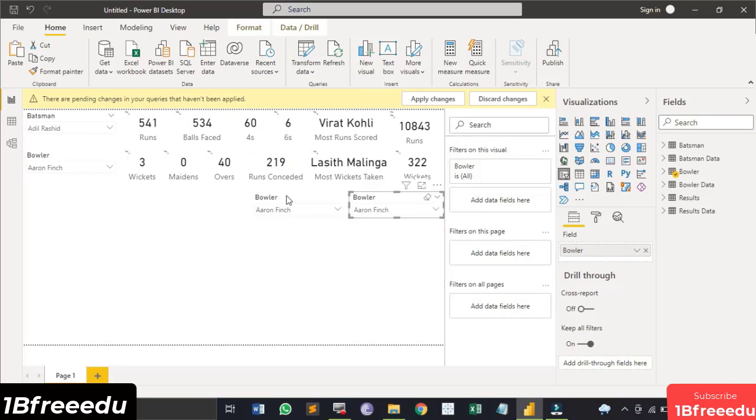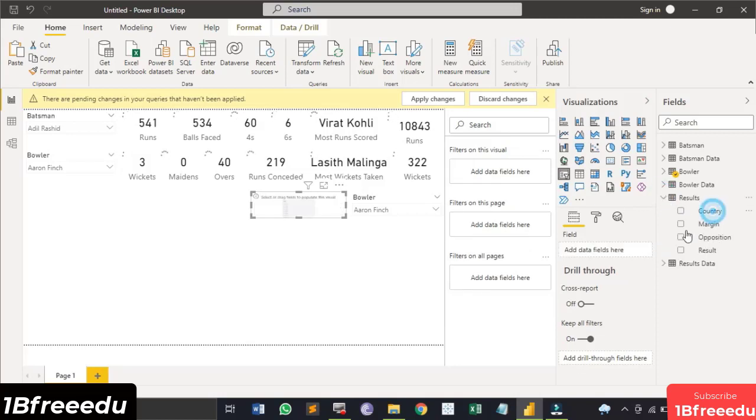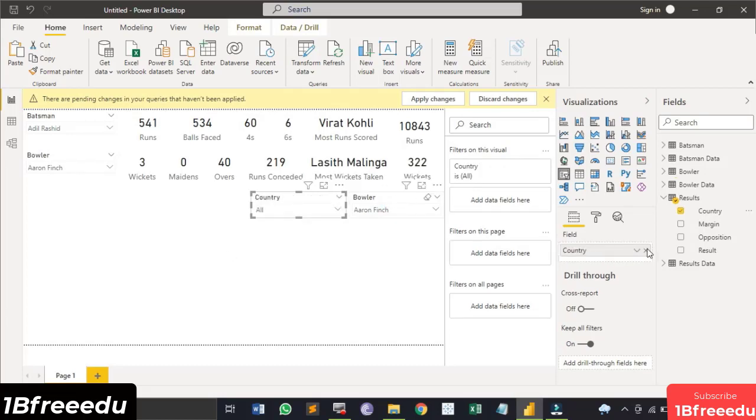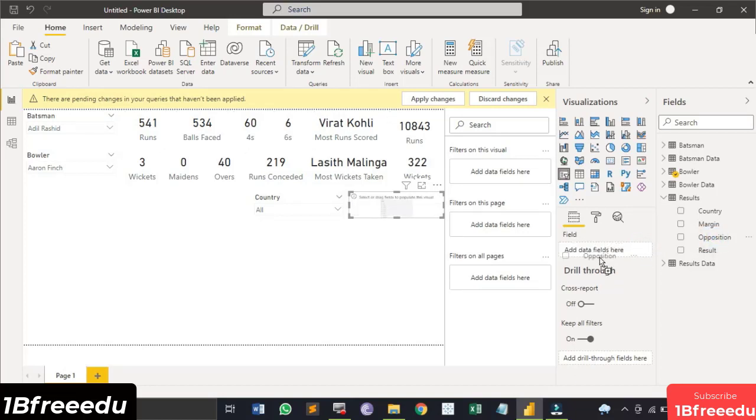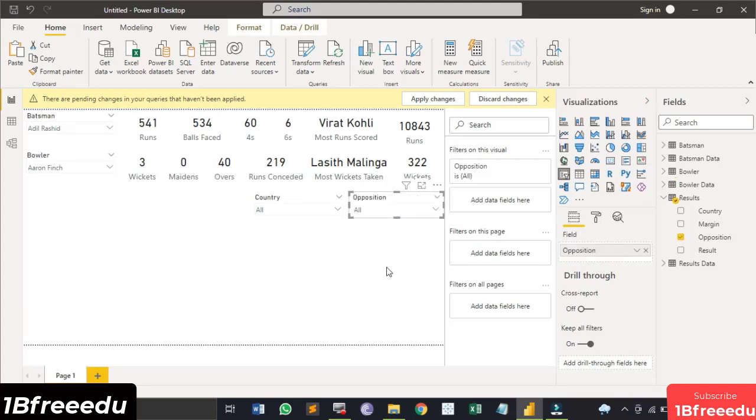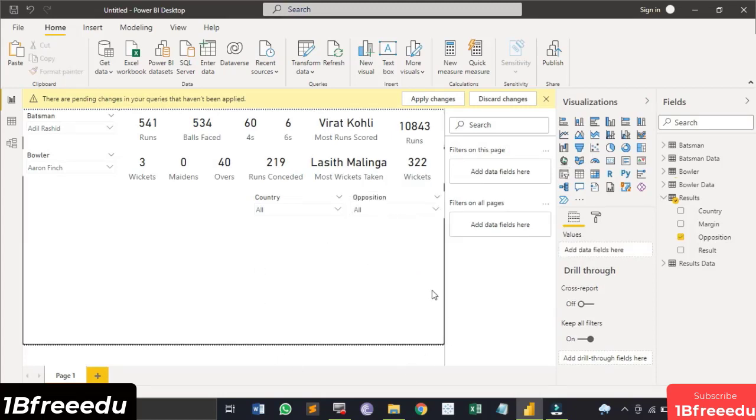Okay. Now instead of the bowler, let's just remove this bowler from here. I am just going to this results section and get this country into here. Okay. And similarly from here also I have to remove this bowler. So let's just select this particular visualization, remove the bowler from here and select the opposition in this case. Okay. So the country and the opposition would be selected, and on the basis of that a pie chart would be there that would be regulated, or basically a donut chart.